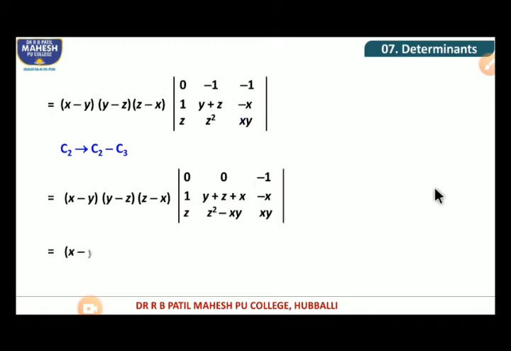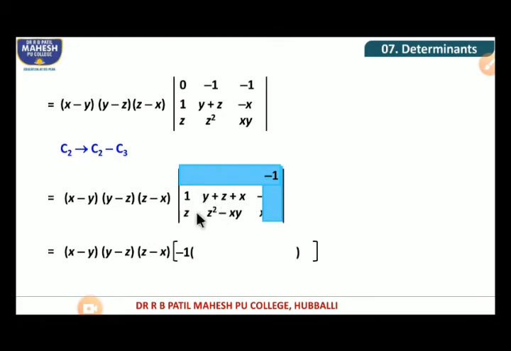So we have (x minus y) into (y minus z) into (z minus x). For this one, we already have 2 zeros here, so that we can take the third term directly, and here we have the sign plus, so we can just take it as minus 1, and into the determinant value, that is z square minus xy, minus z can be multiplied with this one, so that we have minus zy minus z square and minus zx. Now we can cancel z square and minus z square here.